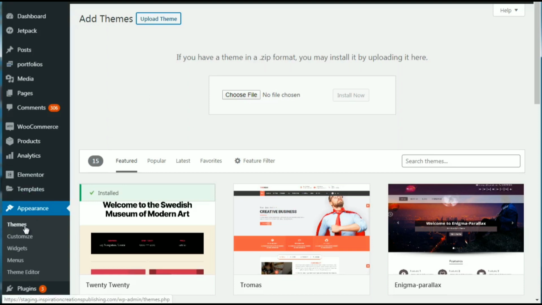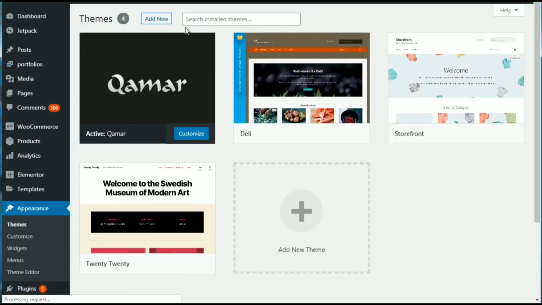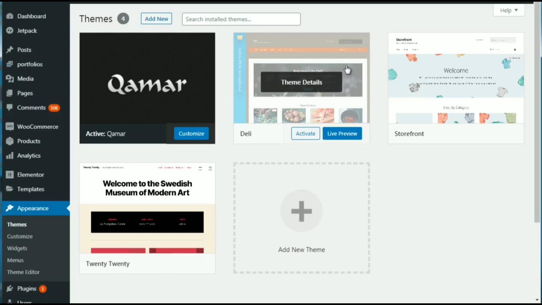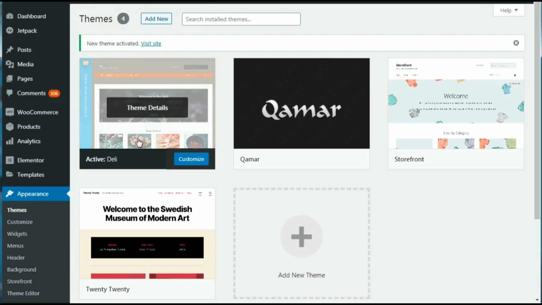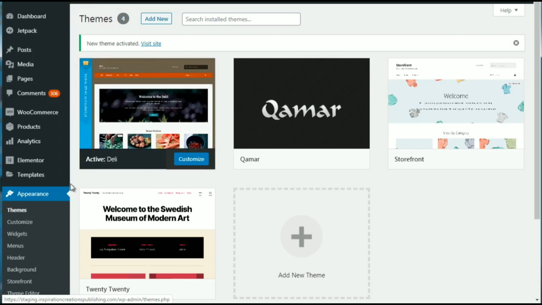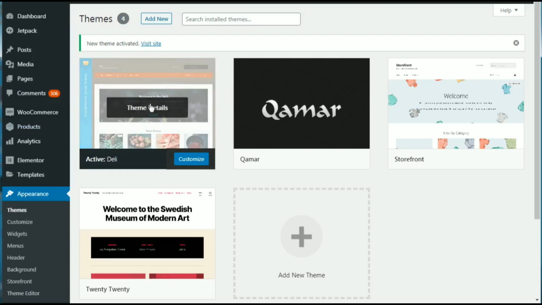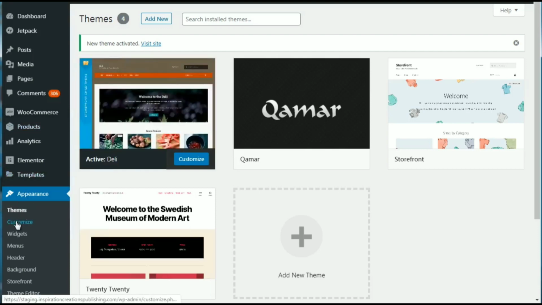Okay, so in this case, we've already installed the theme. In fact, it's a free theme called Deli right here. So what I'm going to do is click Activate. And here we go. So the theme has been installed and we're good to go. Now, different WordPress themes for WooCommerce will be different. So it really depends. So I can't really show you the theme that we're using because it's going to look totally different than ours. But the basics are, once you've installed the WooCommerce theme, you can simply go to Customize